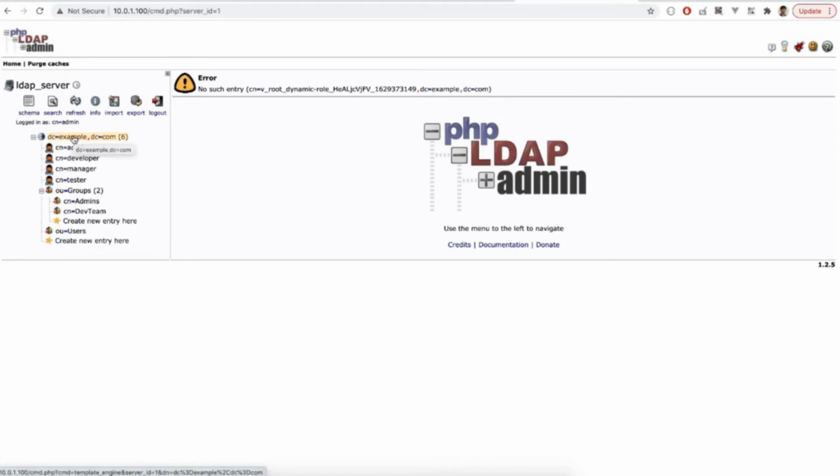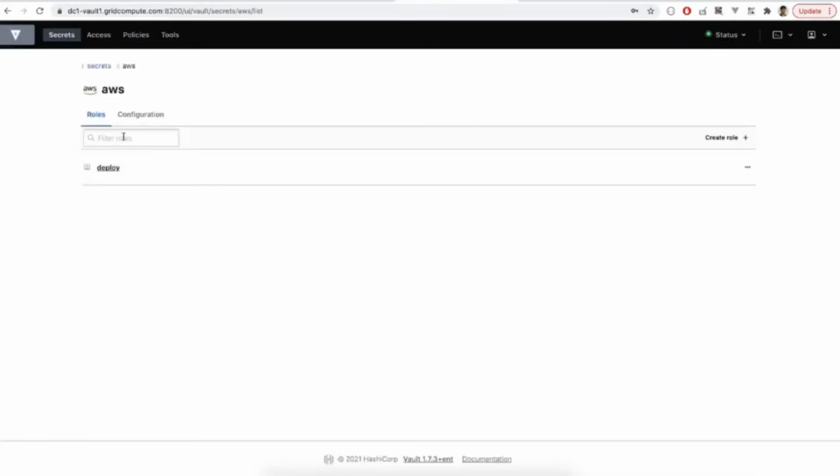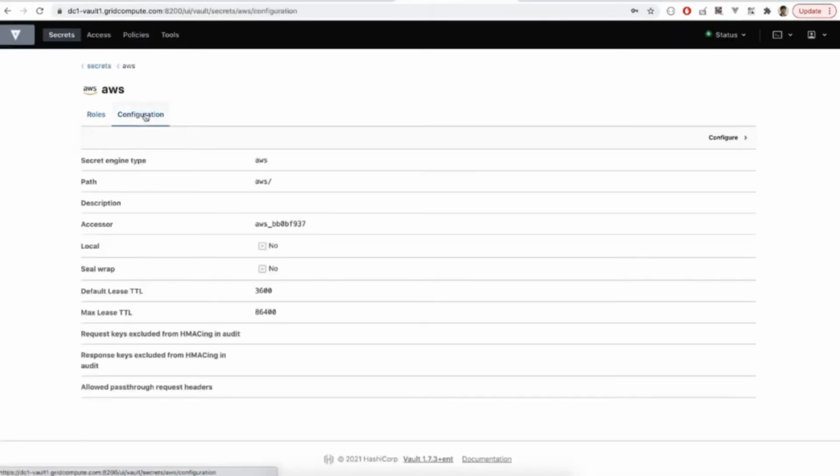Now let's go to one more secret engine, which is the AWS secret engine, by which we can generate various AWS credentials, IAM user, etc. So this is the path the engine has been mounted, and the default lease, and this is the maximum lease. You can keep a short-lived duration for your TTL. So this is the role, and now let's generate an IAM user.